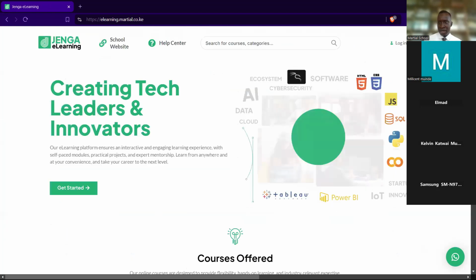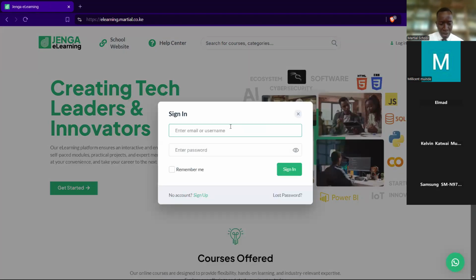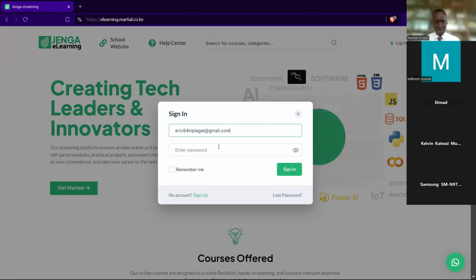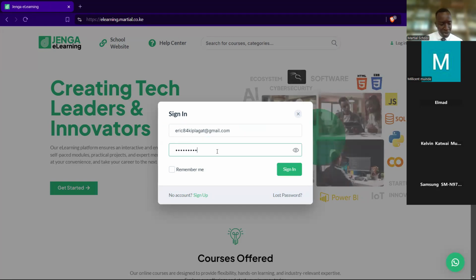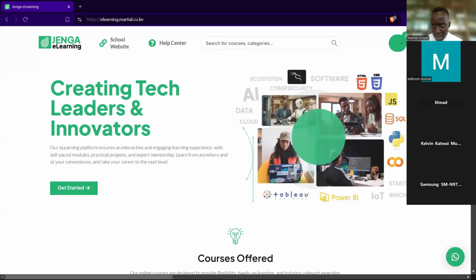So let me go direct and log in to my account as a student. You just come there, log in, and a pop-up box will show up. So let me just put in my details. Your email address is your username. Yesterday and today, we'll be solving issues with login. So make sure you text us on WhatsApp and then we can resolve it. In case you didn't receive any email, let us know so that we can troubleshoot that.